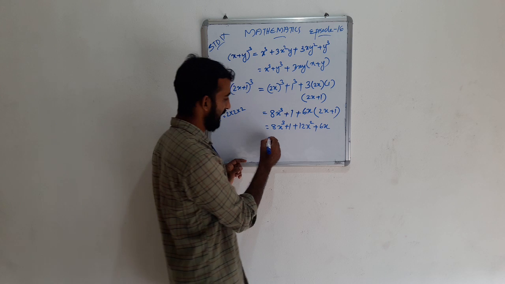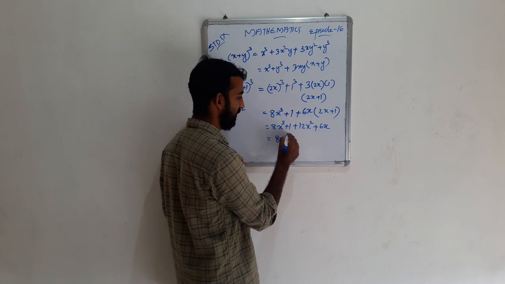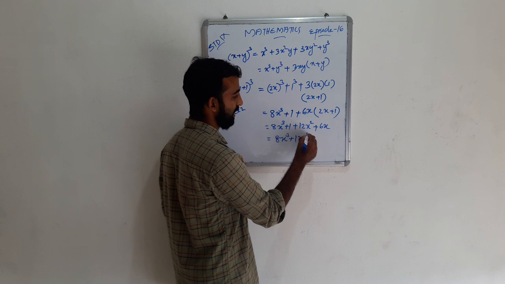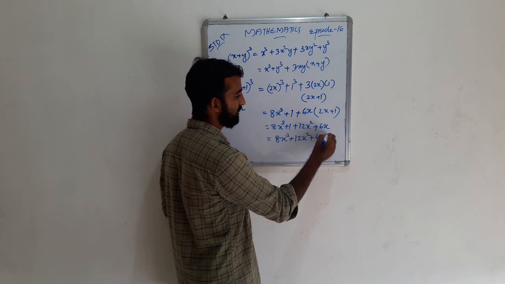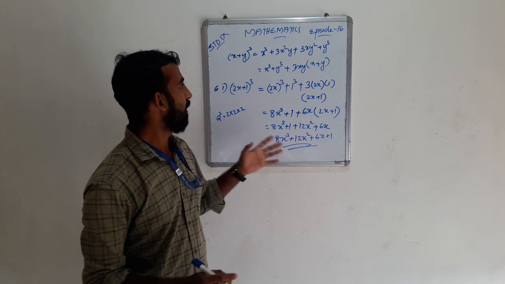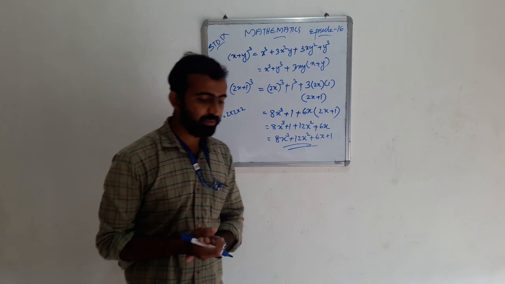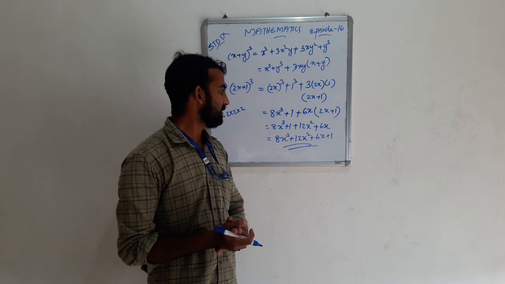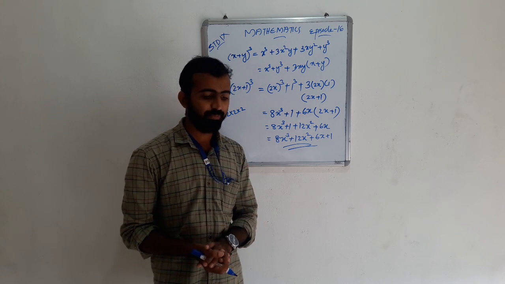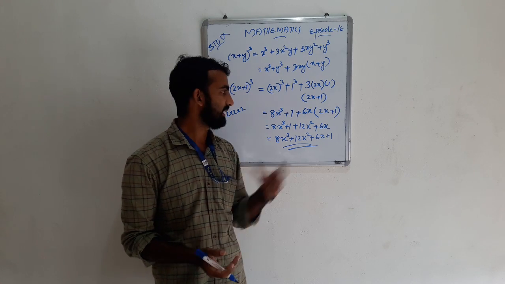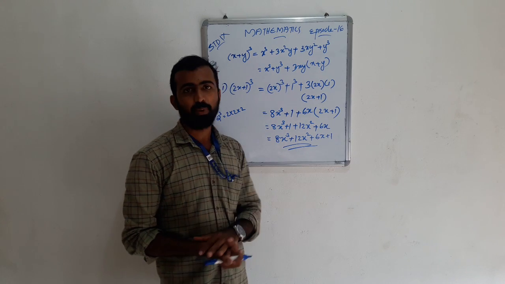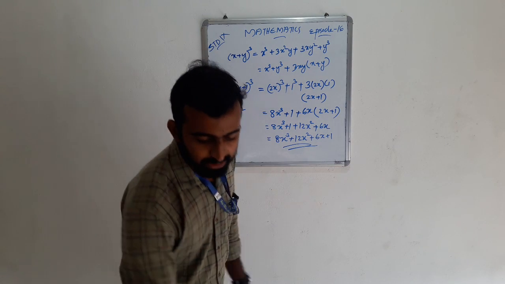We can rearrange in ascending order: 8x cube plus 12x square plus 6x plus 1. This is the expanded form of (2x + 1) whole cube. And next one is